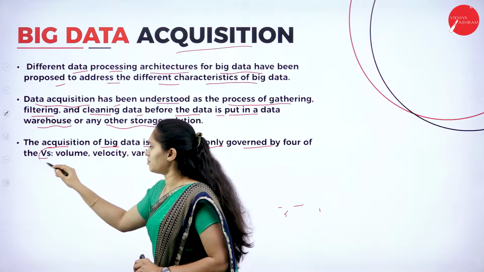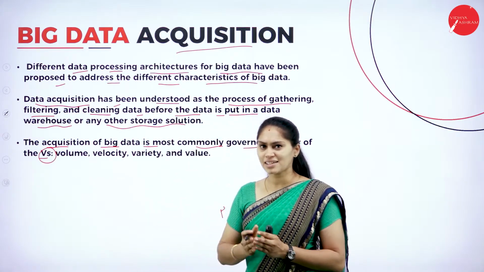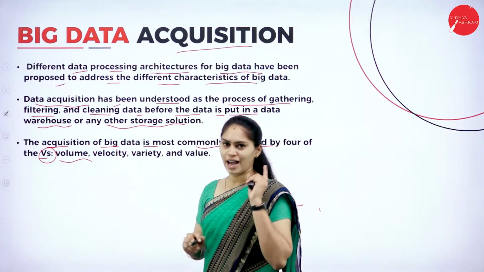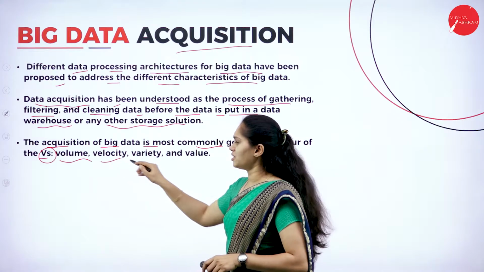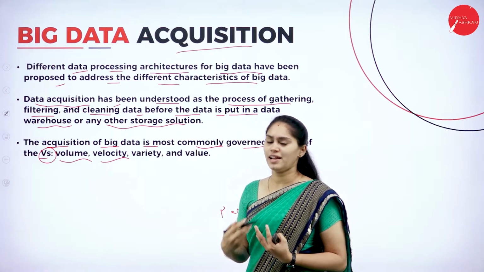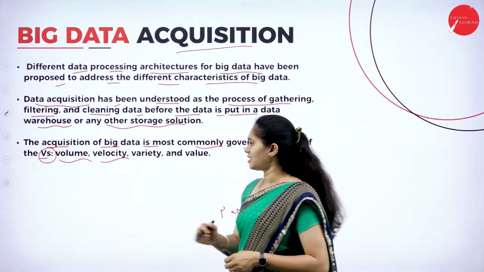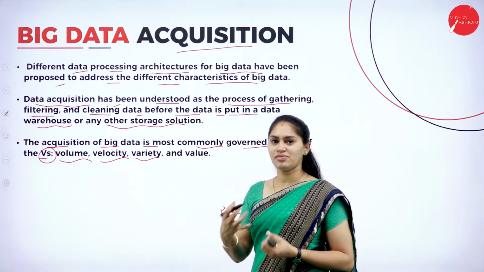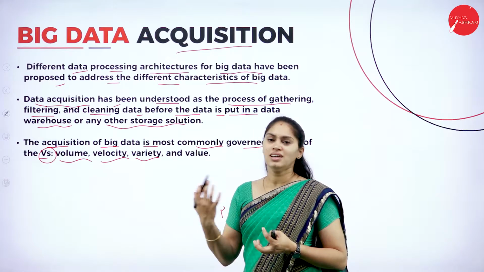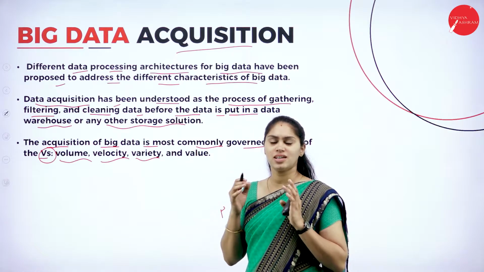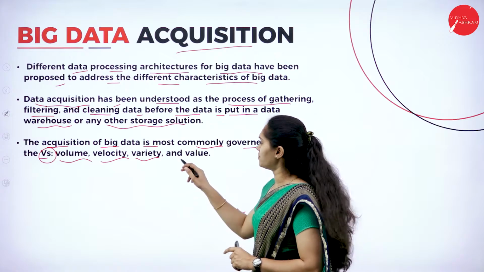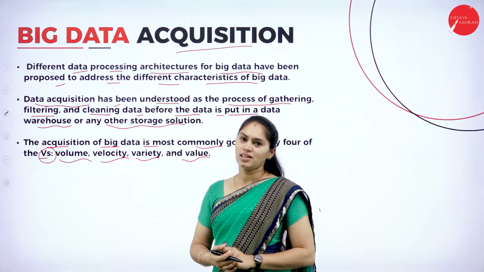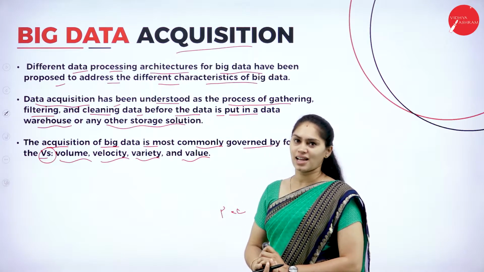Remember, it will be termed by 4 V's. So if I am collecting the data, it consists of 4 V's. That is what? Volume. I have to think about its size, and I have to think about the velocity, how fast I can get the data. Then variety. So it must be what? Heterogeneous data. If I am collecting the same kind of data, that is of no use for my analysis. It has to be different in nature. Then its value. What is the worth of having this data in my collections or data for the analysis?